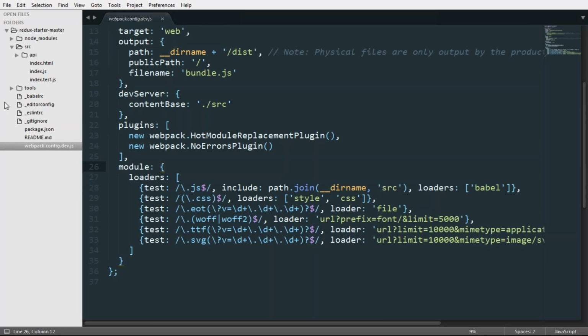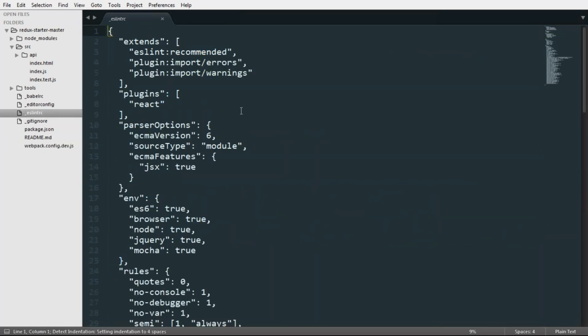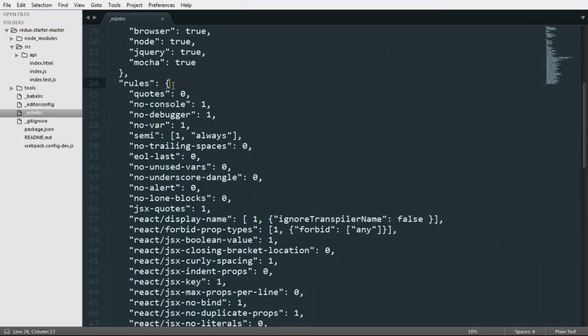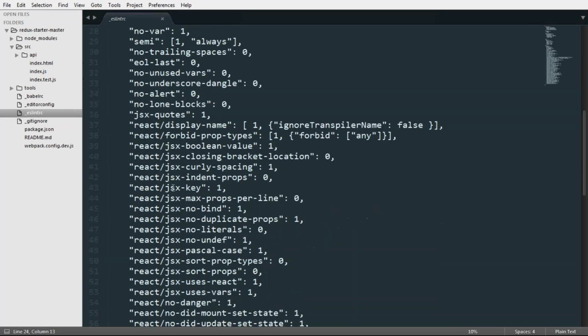Now we can also take a look at the ESLint configuration. If you are applying ESLint, then you need to have this ESLint configuration. I will first go to these rules. These rules are there in case you need to go into the documentation to see what a particular rule is saying. Like if you take a look at this example, JSX indent props.